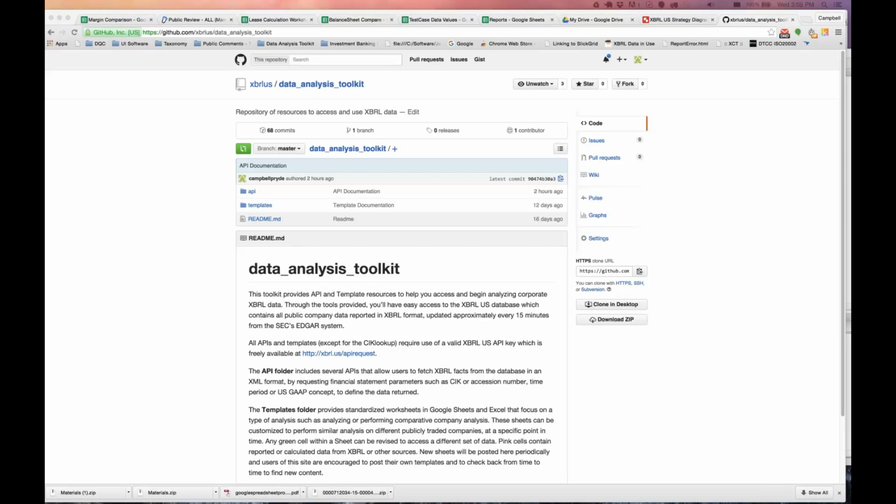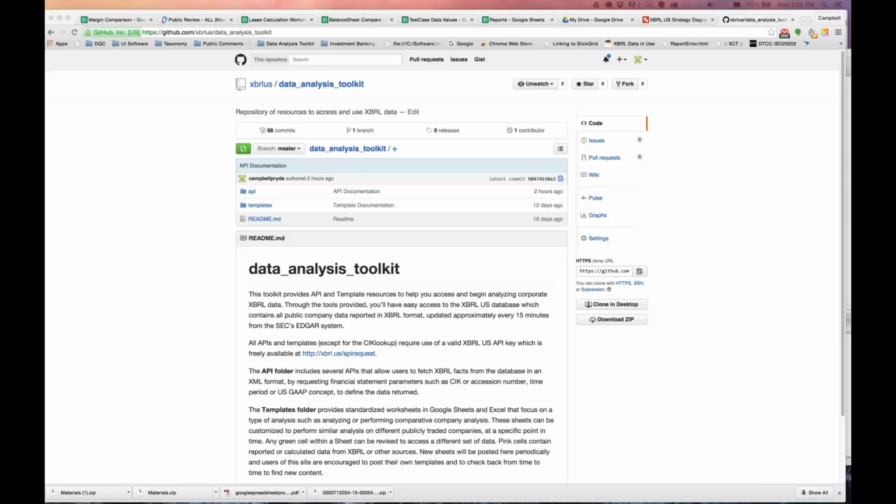So first what we're going to do today is just look at the API itself and what it can do, and then we'll look at how it works and where you can get documentation. So a lot of you may not be familiar with what an API is. What this basically is, is a way for you to request information over the internet, in this case, and then be able to pull that data into an application or into a tool